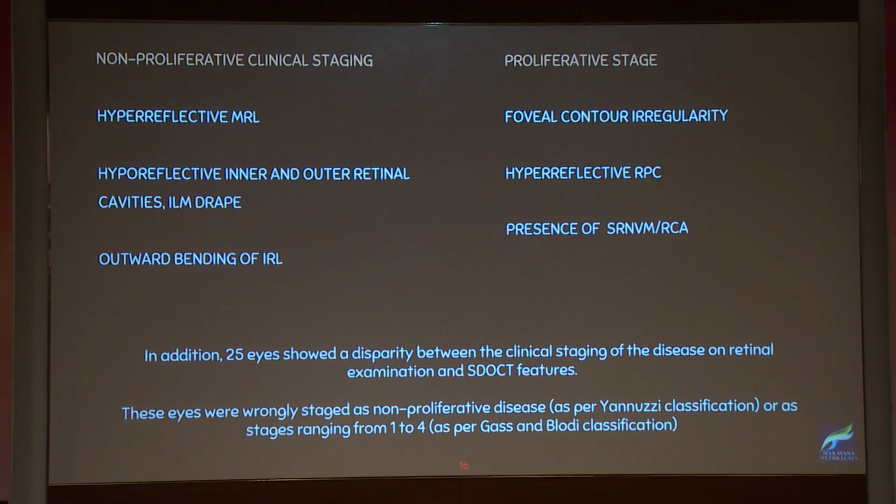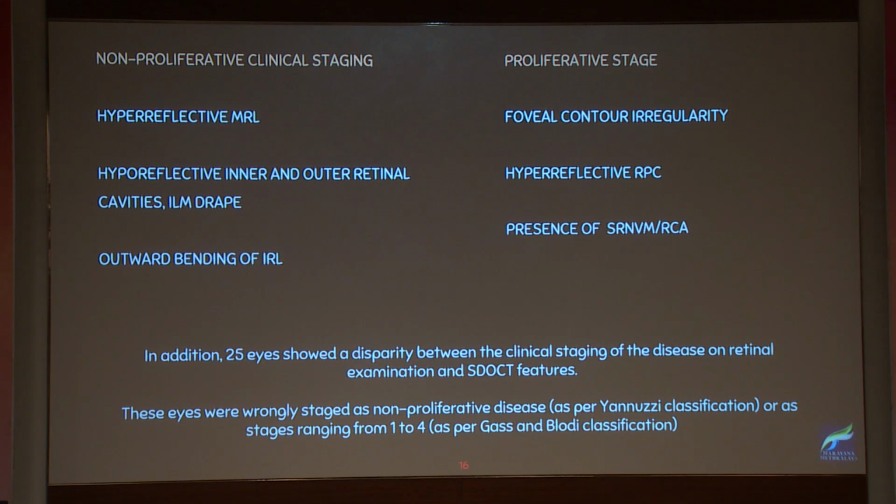So in non-proliferative clinical staging, we saw that the most common SD-OCT feature was hyperreflective middle retinal layers, followed by hyperreflective inner and outer retinal cavities, ILM drape sign, and outward bending of inner retinal layers. In the proliferative stage, foveal contour irregularity was common, followed by hyperreflective retinal pigment clumps and presence of subretinal neovascular